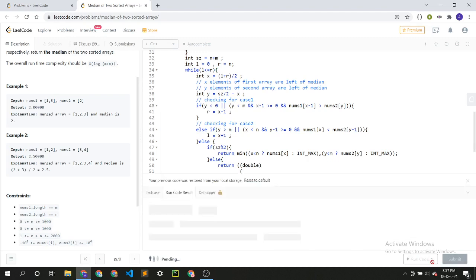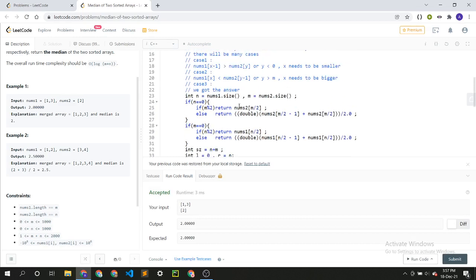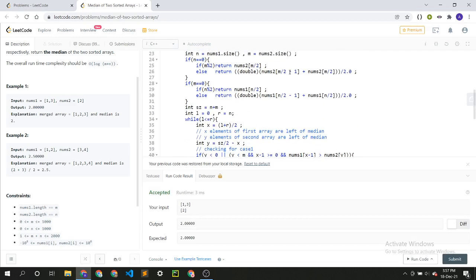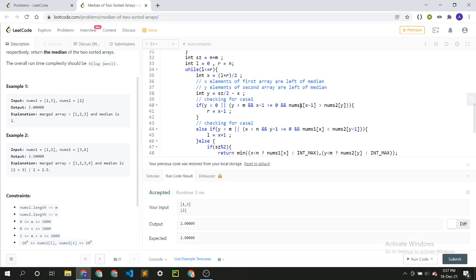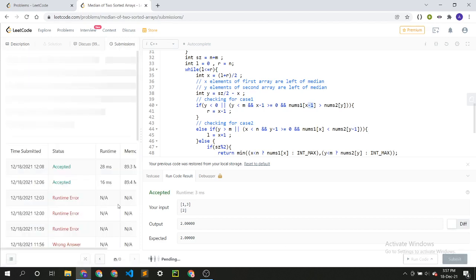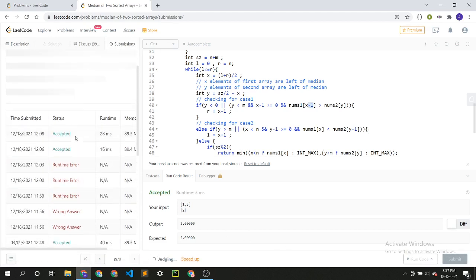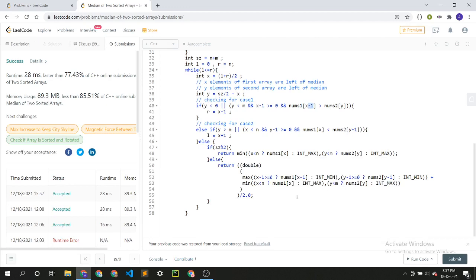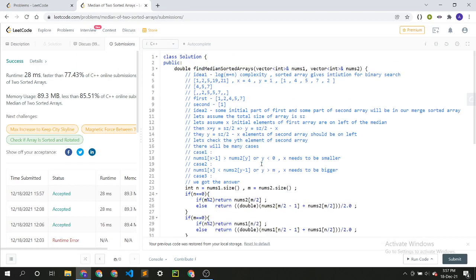So after submitting this, we get the correct answer. There are a lot of edge cases. You have to focus a lot on these, like the -1 parts, x minus 1. These will give you errors many times. I also got errors a lot of times, you can see here, but eventually you will get the correct answer if you have the right approach. If I am not able to explain the approach clearly, please write it in comments. I will try to explain better in my next videos.